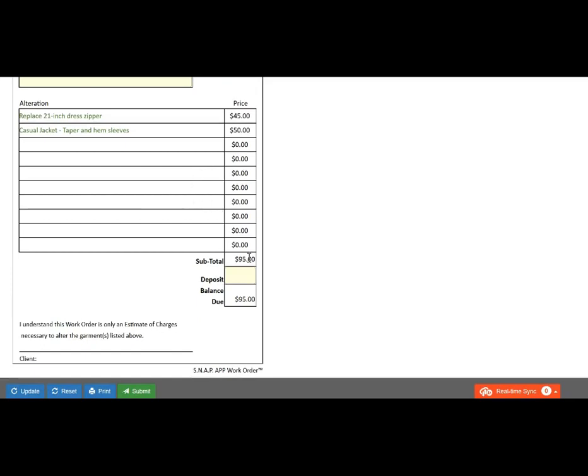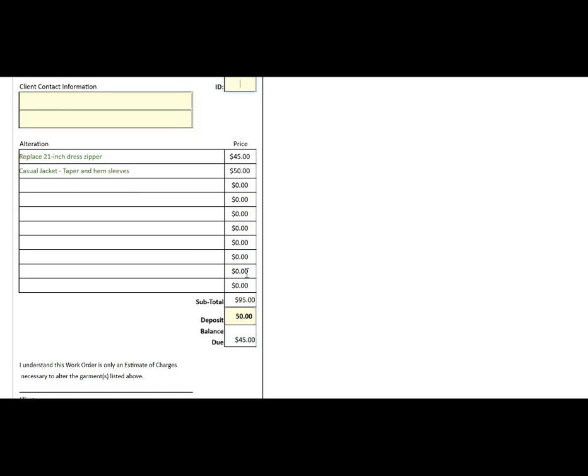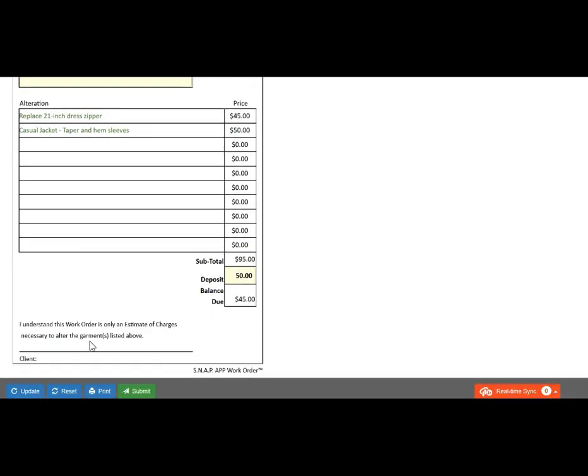Now the work order adds up the subtotal, makes room for taking a deposit, and tells how much is due. So if you're asking for approximately half down, maybe the client puts $50 down, and there's your documentation to go with that eventuality. And also on the work order is a statement, an agreement that the client understands this is an estimate of charges, and unwritten here, but implied, is that the price could be slightly different when the work